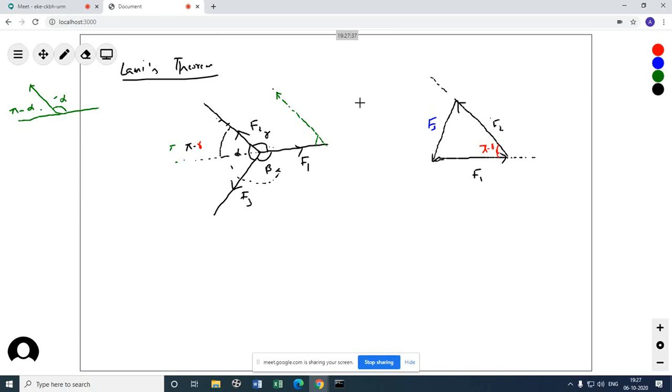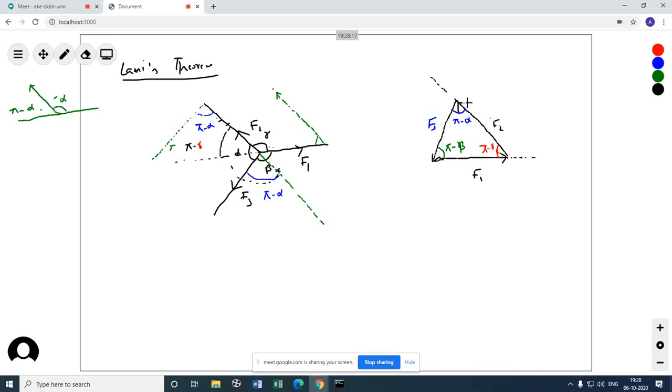I can take it here, or else I can do it like this. I can increase the line here. Which angle is this? This is alpha. So this angle is how much? Pi minus alpha. So this angle is also what? Pi minus alpha. So I write here pi minus alpha. And finally, this must be pi minus gamma, and this pi minus beta. I hope you got the concept.